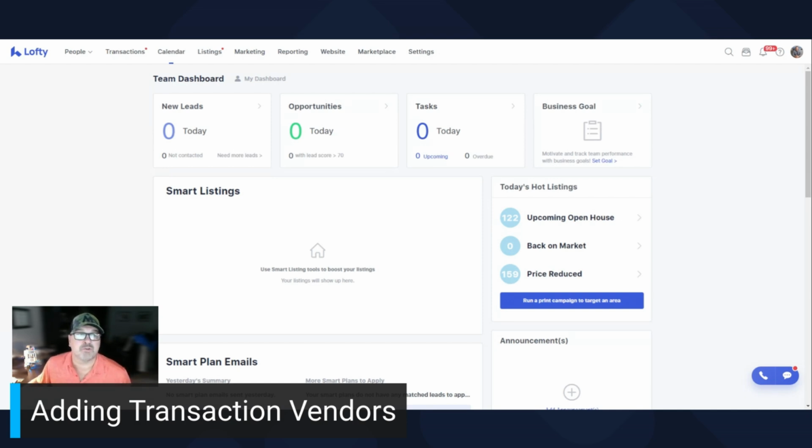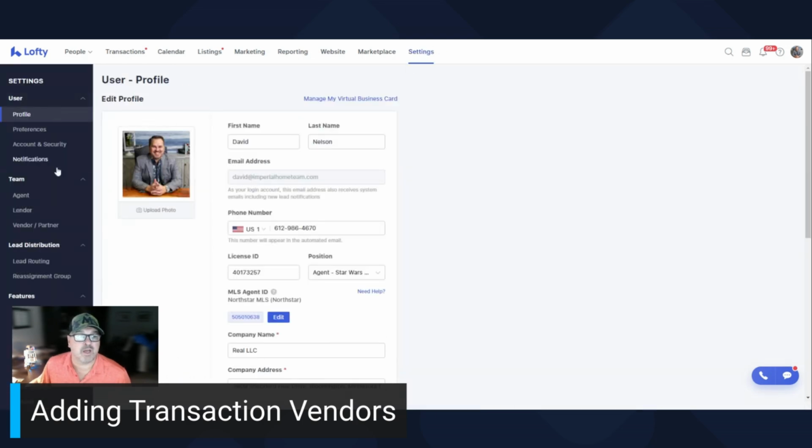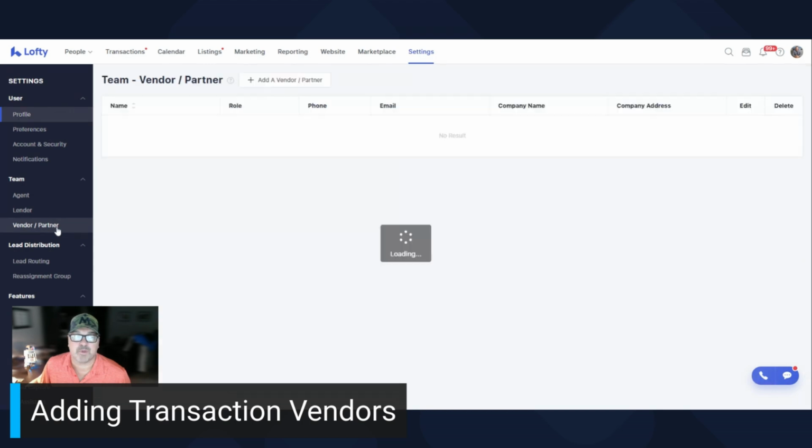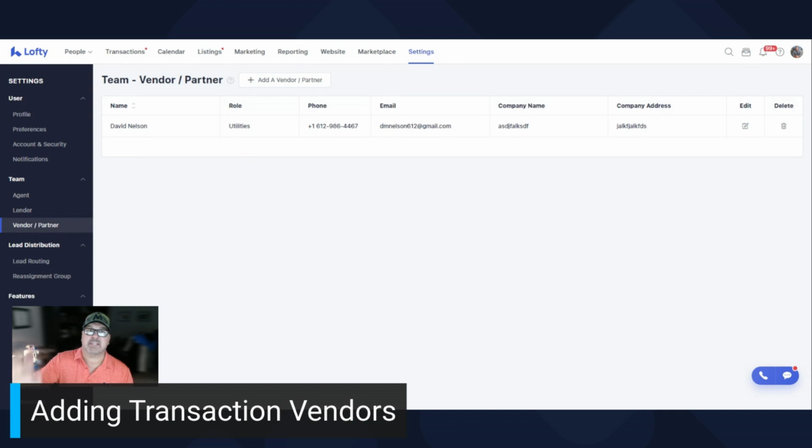So what you want to do to add vendors, you're going to go to your settings, scroll down to vendor partner. Now, this is also nice if you want to see where your vendors are, whatever role it is, you have them all in one place. You don't even have to add them to your transactions. If you just want to have a place where you can keep all of your trusted vendors, boom,